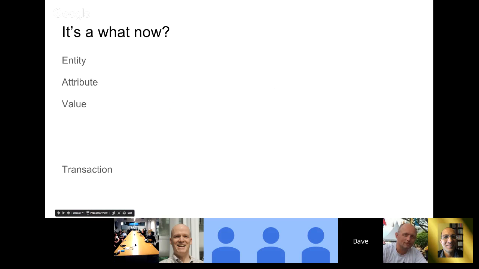So it's an EAVT store. Most people will be like, okay, what does that mean? Basically, it's trying to take a relational database as tables, except they call them entities, and they're not the same thing as relations. You can then assign attributes to those entities. Those attributes can have values, and then I'm going to put this stuff at the bottom down here,